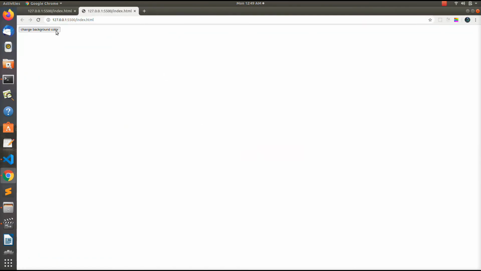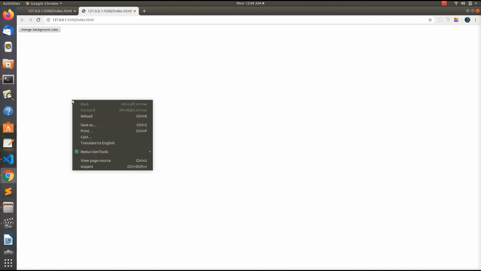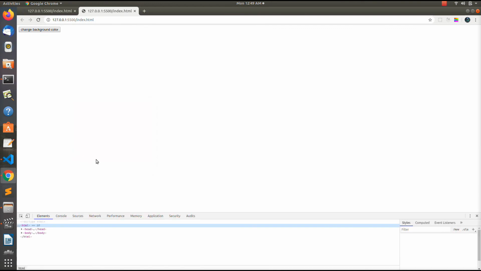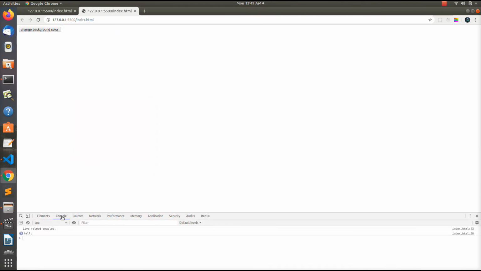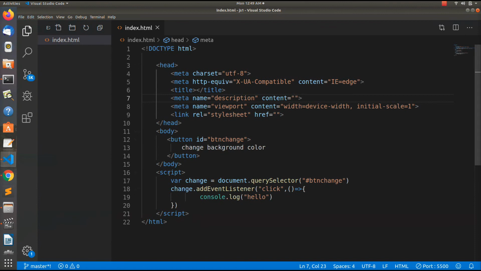So you see nothing happens, but actually this is not the console that would print this. For that we have to inspect this and we have to choose console. So you can see when I clicked onto this, I see this hello appearing. Now this 4 beside this hello is the number of times I have clicked this. So if I click onto this 3 times, 1 2 3, it would appear 3 more times and a total of 10 times. So this means that our code works.